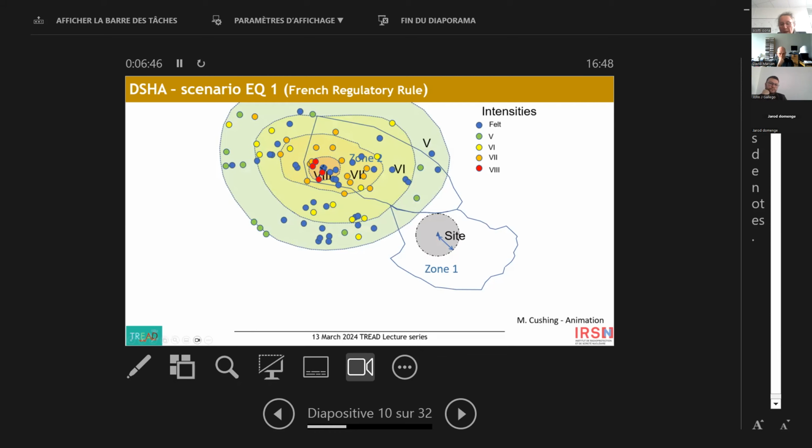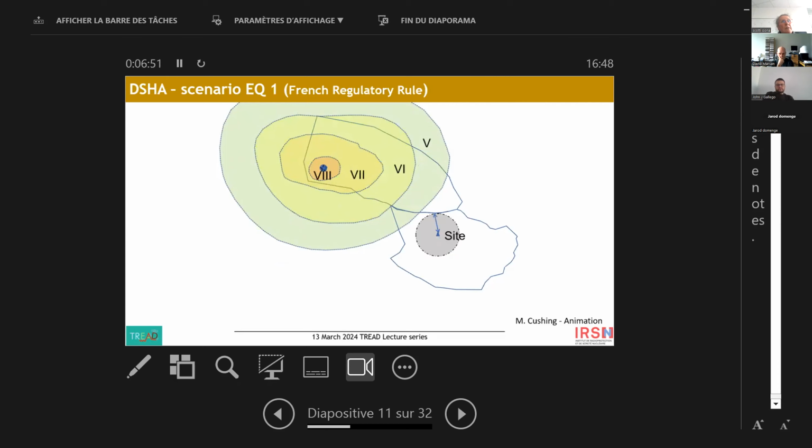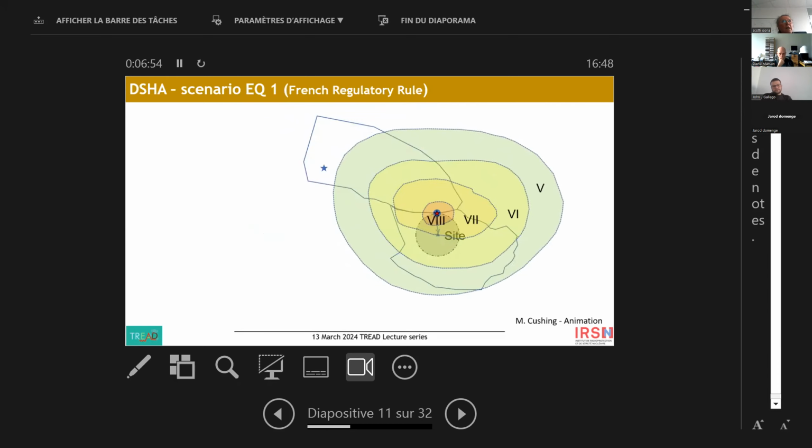around the epicenter. And then the deterministic action here is to say, well, now let's consider that this event is in a seismotectonic zone with equal potential, so it can also happen very close to the site. So the closest point to the site is 20 kilometers. And this is how we define the scenario for scenario 1. So this earthquake, considered in a deterministic scenario, will induce an intensity 7 if it were to occur at this